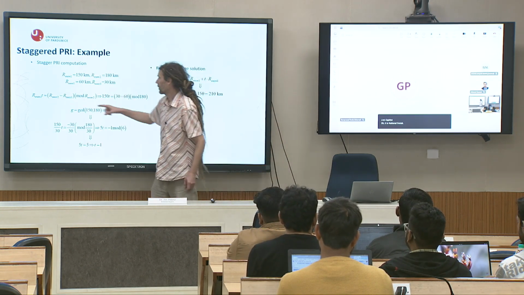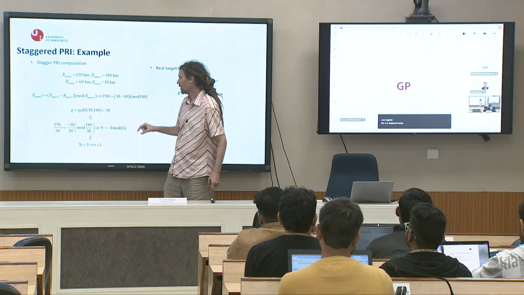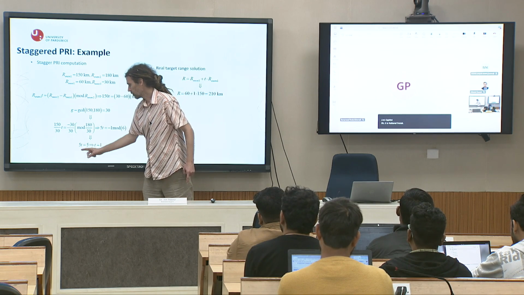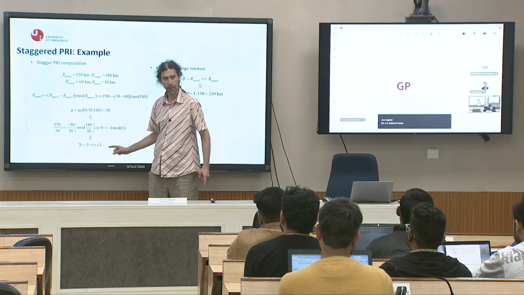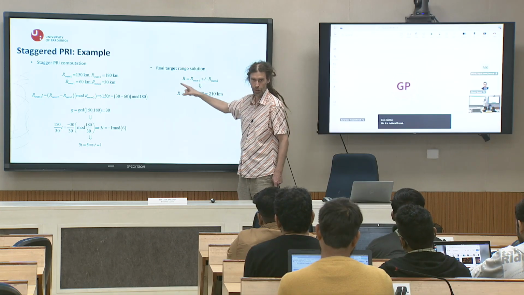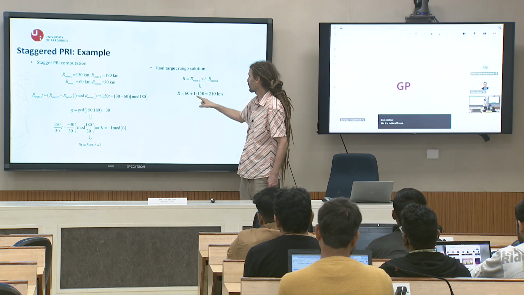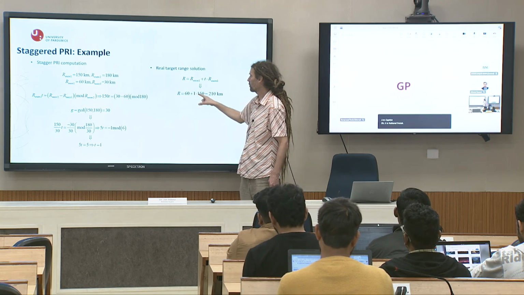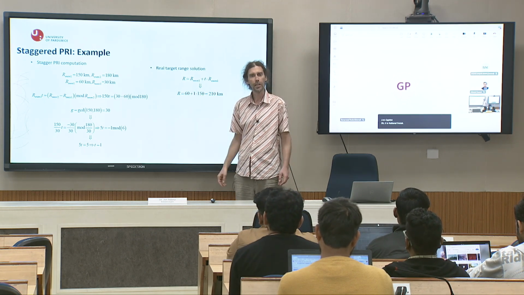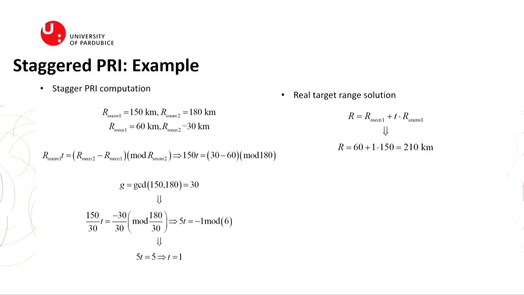If I divide this equation by 30, the result will be this, and the result will be this. So the real target range is the measurement plus t times the unambiguous range. It is the original equation, but t is 1. So 60 plus 1 multiplied by 150 gives 210. So you can see how staggering helped me resolve this